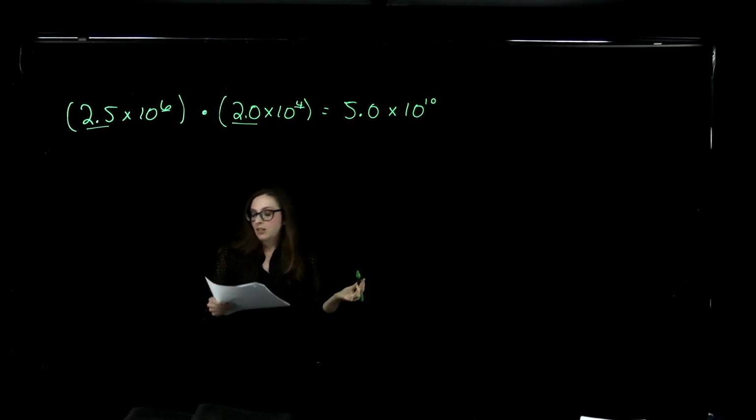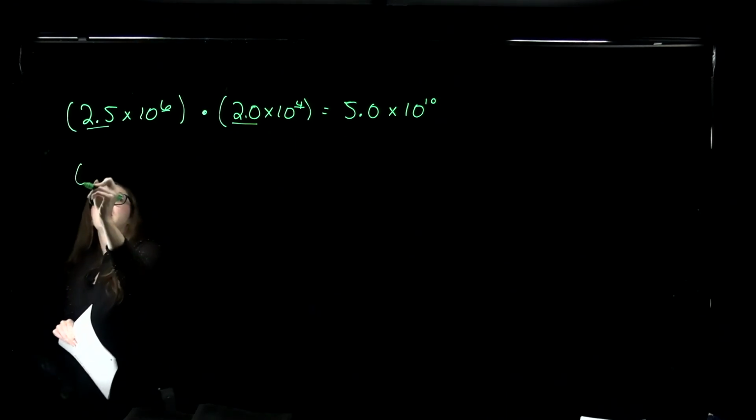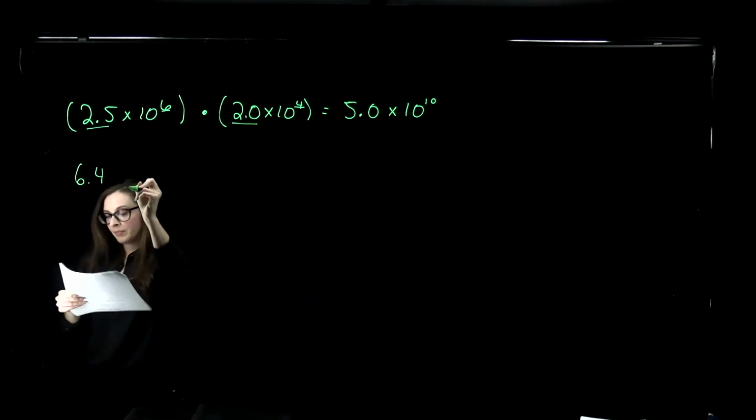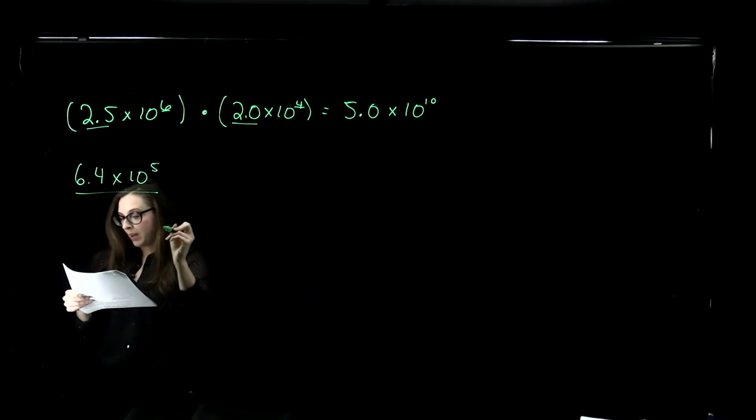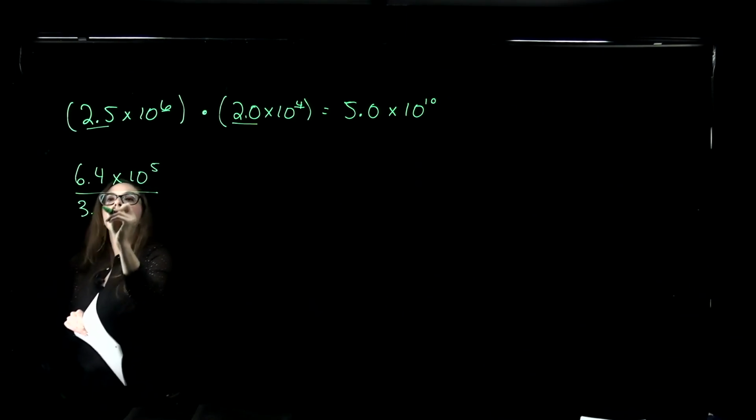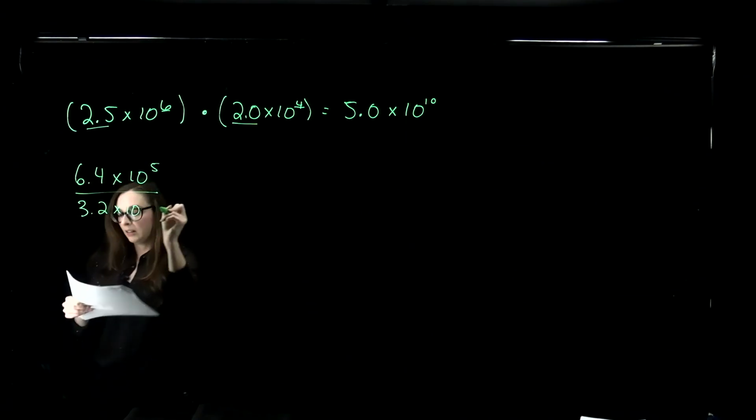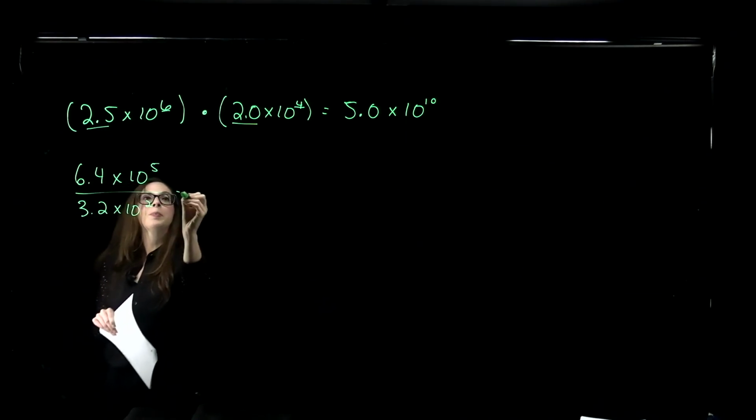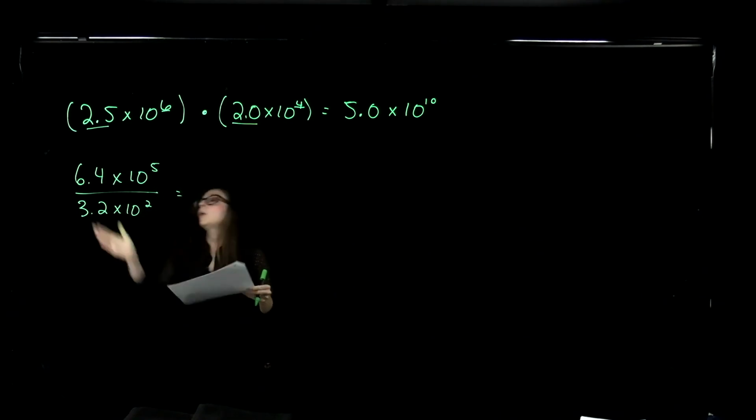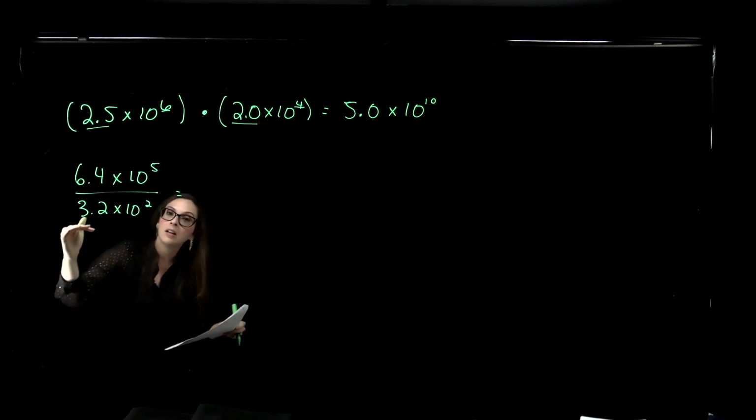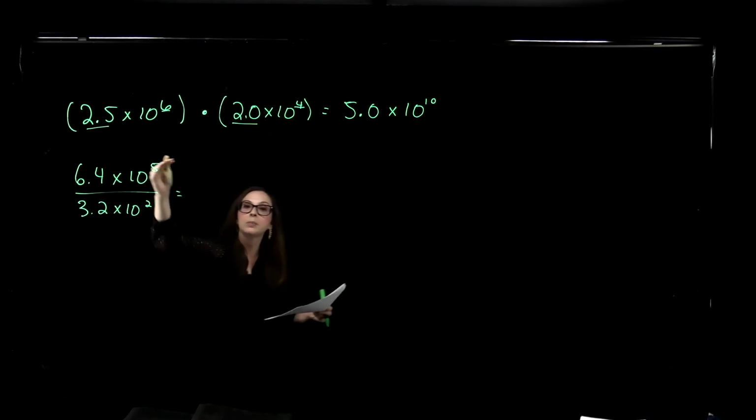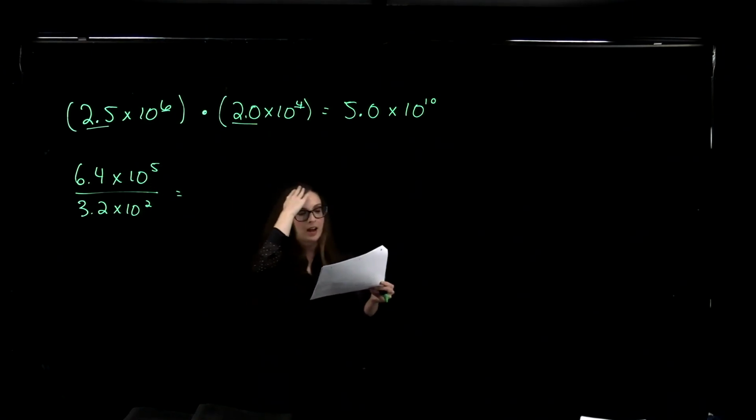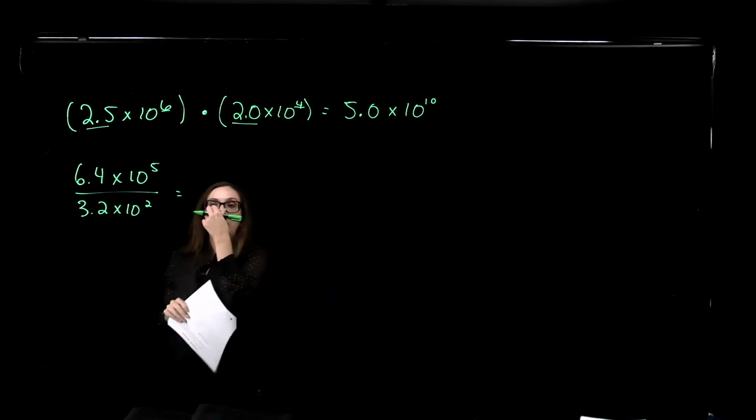Now, what if we divide? Let's say we took 6.4 times 10 to the 5, and we divide it by 3.2 times 10 to the 2. Okay, so we divide the coefficients by each other, and then we subtract the exponents to get our final answer. So then this looks like